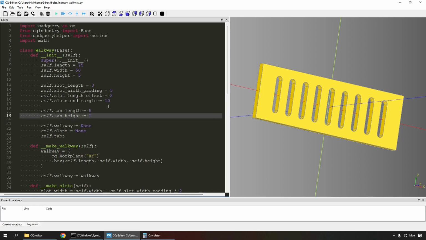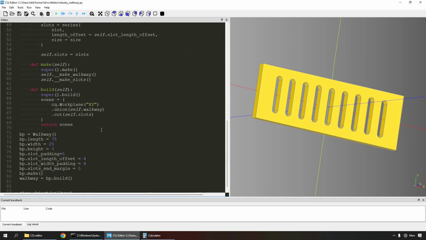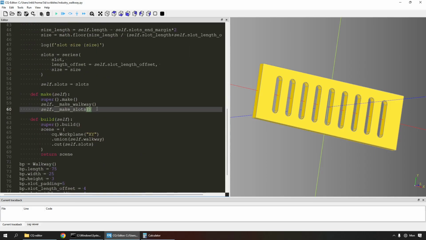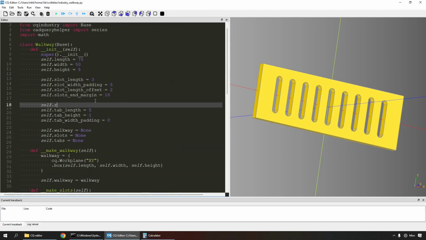So first bit is define your parameters for the feature you want to add. Next is define where the shape is going to be assigned to. And then for this one, I'm going to introduce the pattern of adding the renderers so that features can be